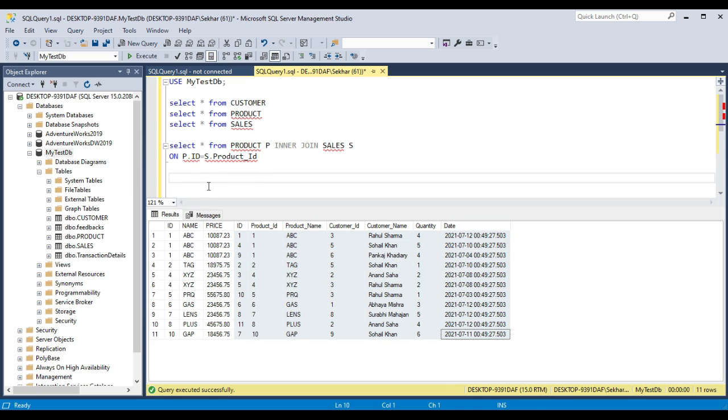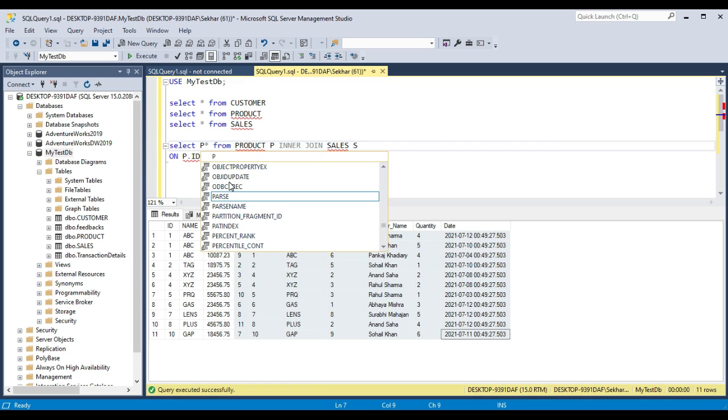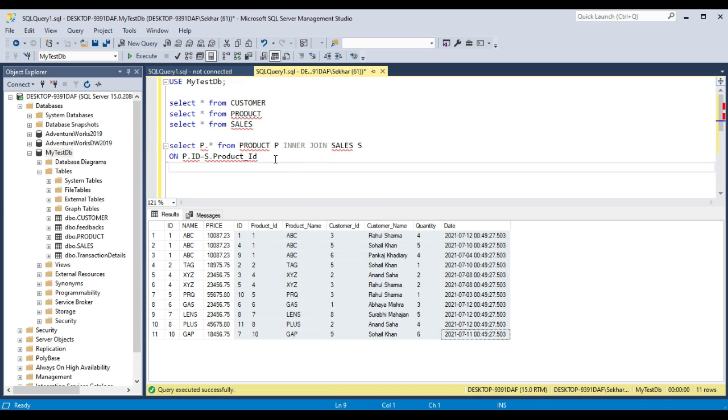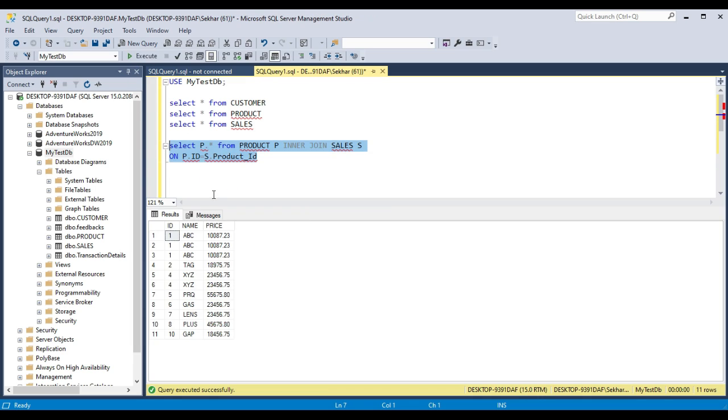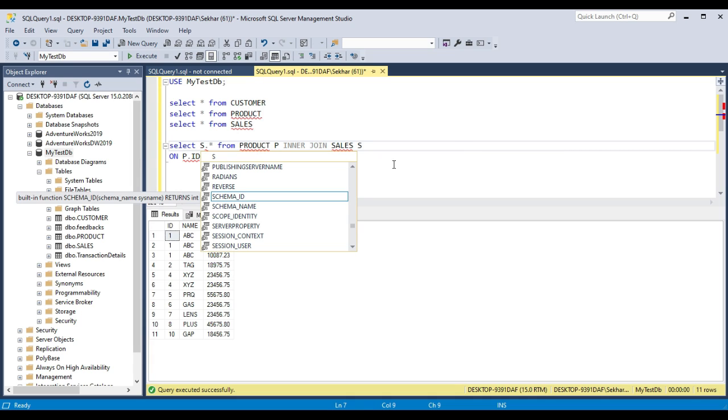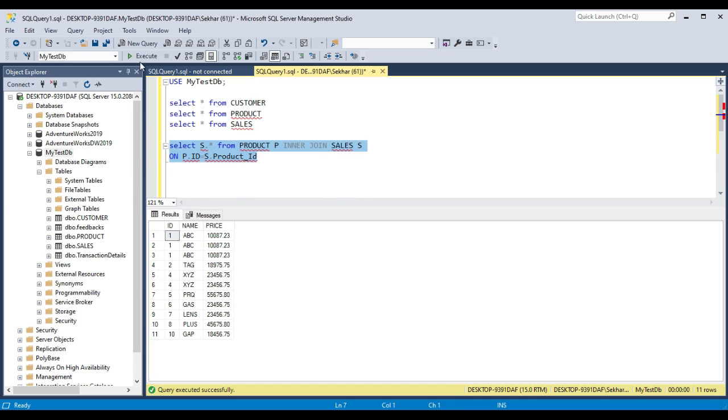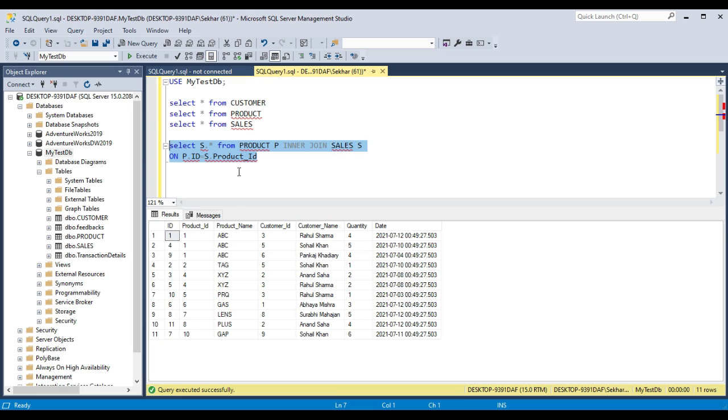If you want to see only the fields from the product table, you have to write p dot star. If you run this query, it will give you only the fields from the product table, and if you write s dot star, it will give you all the fields from only the sales table.